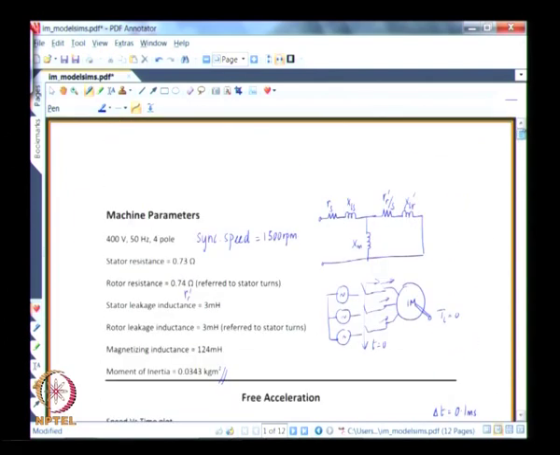If the slip is 0, R_R dash by S goes to infinity. So, this branch becomes an open circuit, that is the rotor branch becomes an open circuit. So, what we are left with is only the stator resistance, leakage impedance and the magnetizing impedance. So, this boils down to essentially an RL circuit,